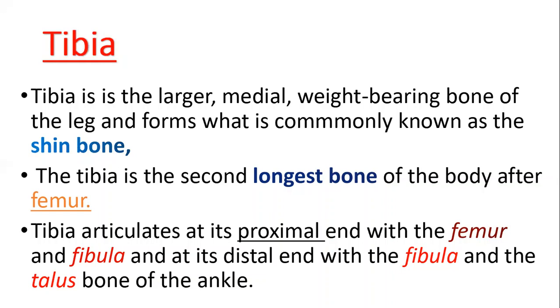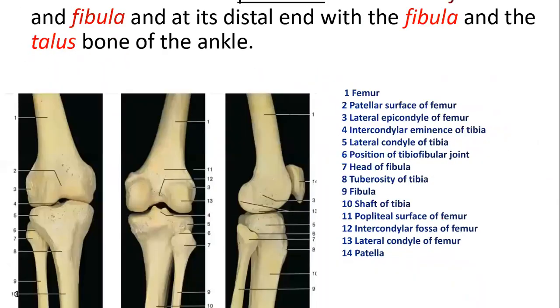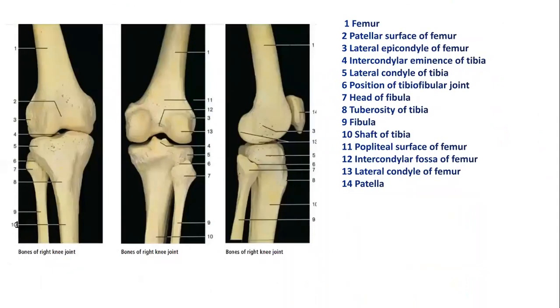For the proximal part, we have the fibula and the femur, and they constitute the formation of the knee joint, while at the distal aspect of tibia, we have the fibula and the talus bone of the ankle, which brings us to the joint known as the talocrural joint or the ankle joint. For the joint formed by tibia and the femur and as well the fibula, we have the knee joint,